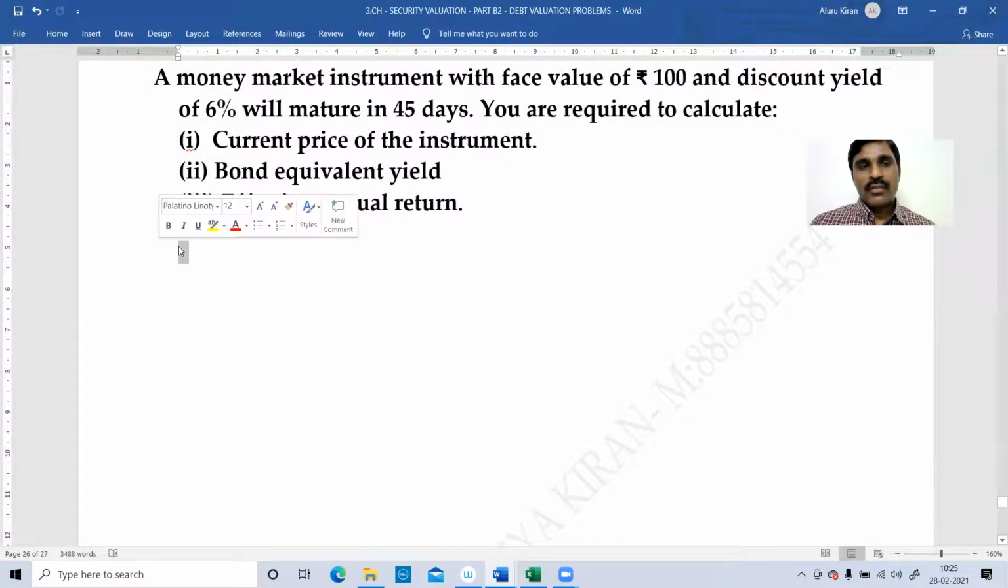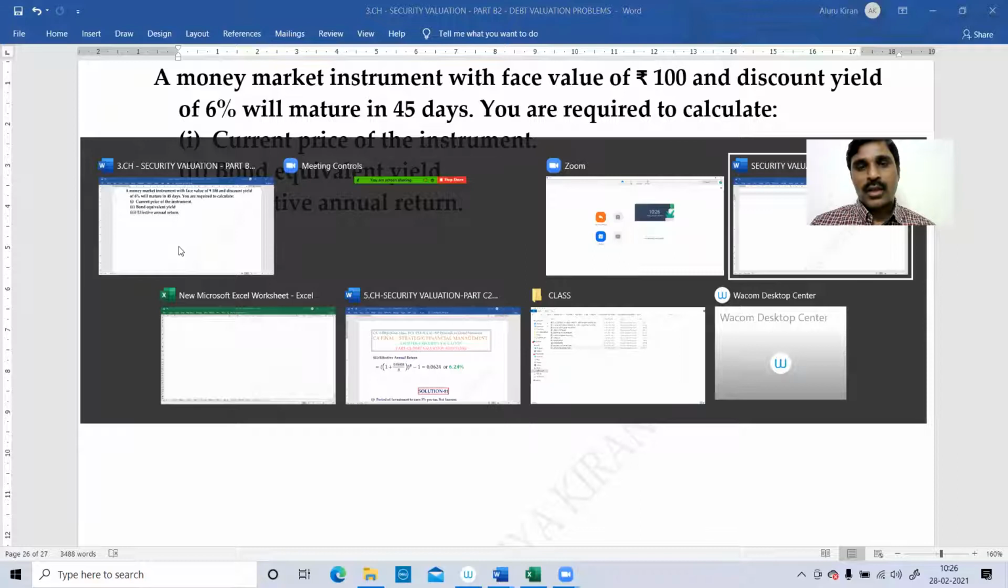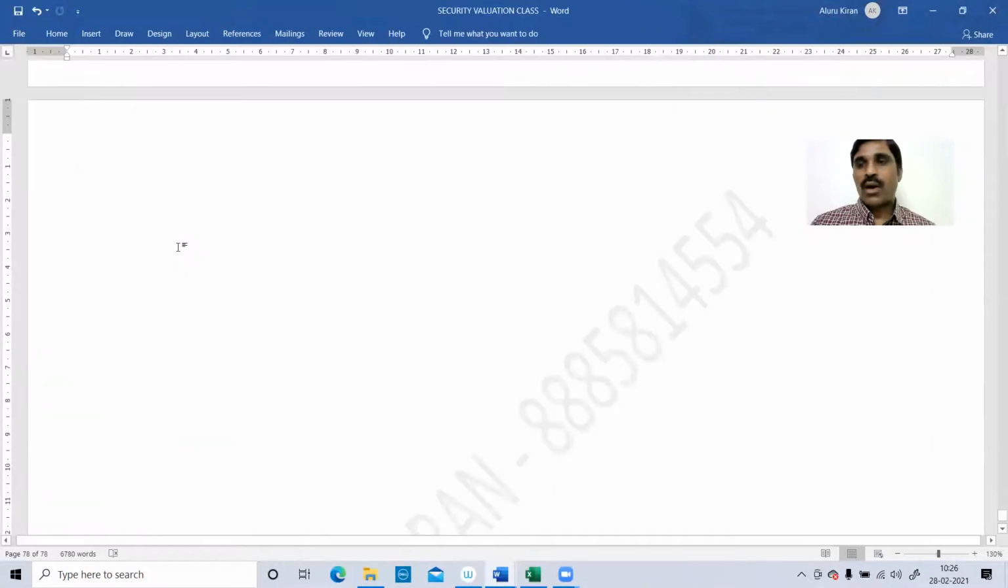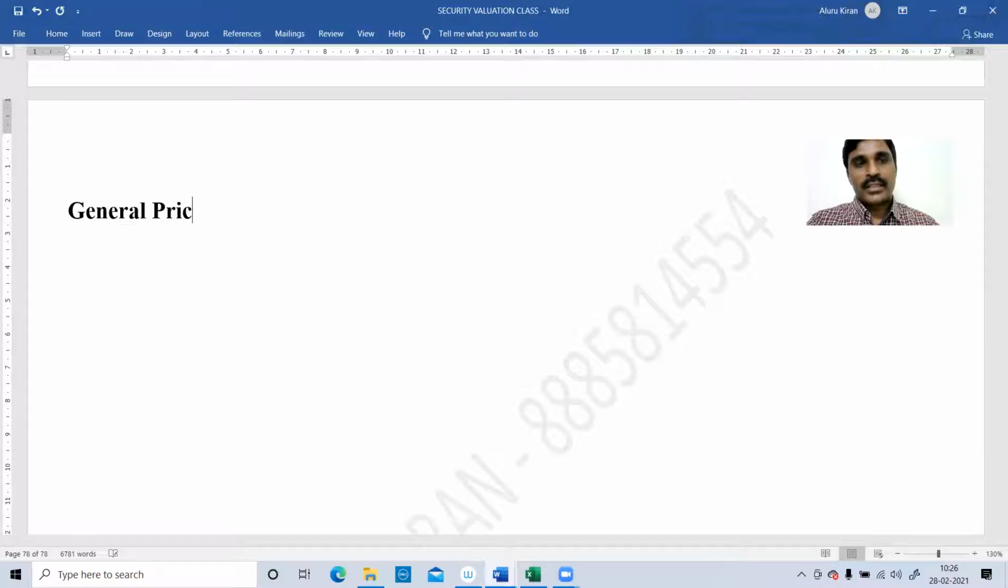Okay. So in the previous lecture, I have explained briefly about the current price of the instrument and bond equivalent yield. Once again, I'll elaborate that concept, so that you will avoid using the formulas and understand how the problem is solved logically. Generally, what is the general principle? How will you calculate the redemption amount? Investment amount. So the general principle is that